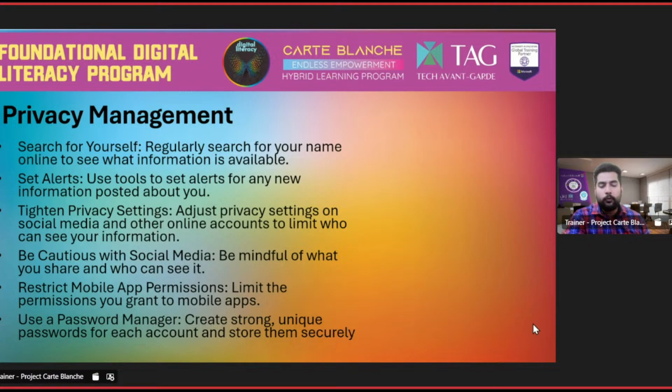They have tools which give you the feature of setting an alert for any new information posted about you. For example, my name is Prashant Jha. So I will search the internet to see whether any information about me has been posted, maybe on my LinkedIn profile, anything posted by me.